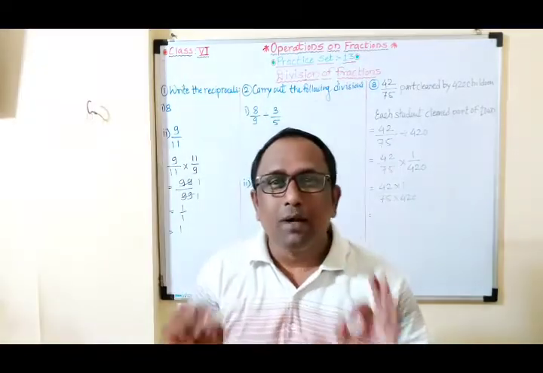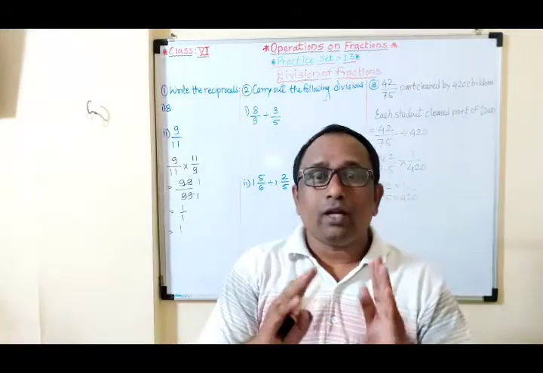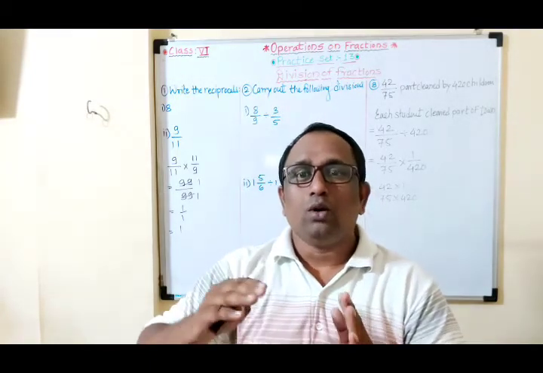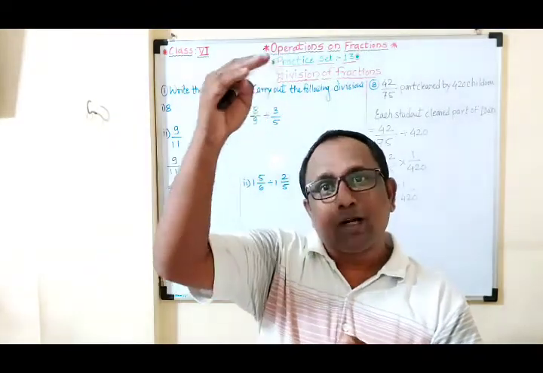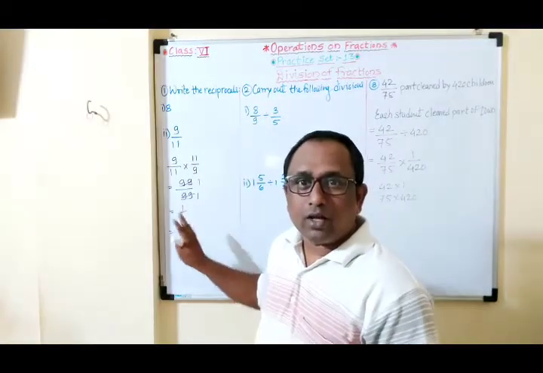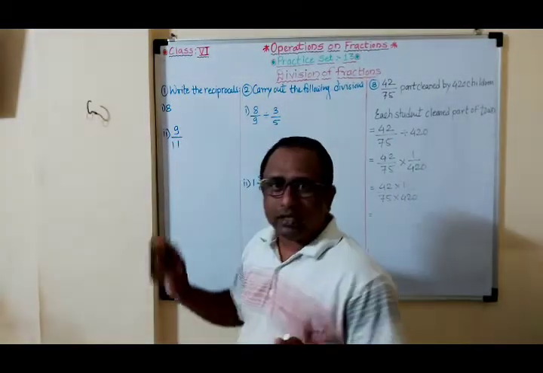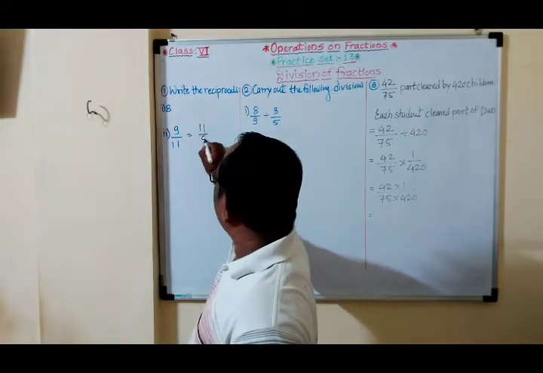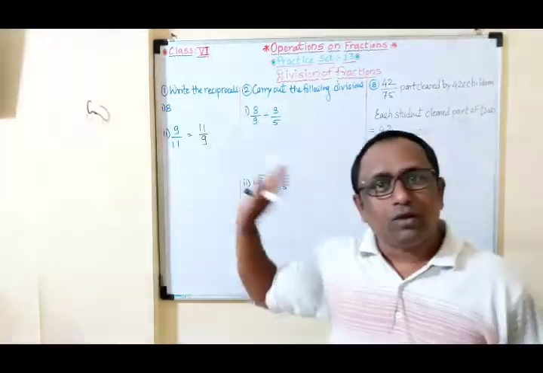What we do here, simple students, if in the exam they ask to write the reciprocal, or instead of reciprocal they ask to write the multiplicative inverse, the simple way is to make it ulta, means the denominator becomes the numerator and the numerator becomes the denominator. Okay, but how does this come, that's why I explain the rule. Now see here, you don't do anything, simple thing: 9 upon 11, reciprocal is 11 upon 9. This way you have to write.